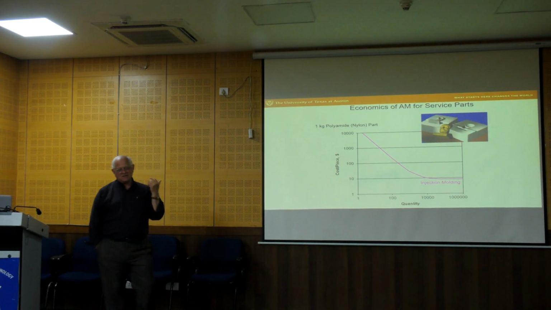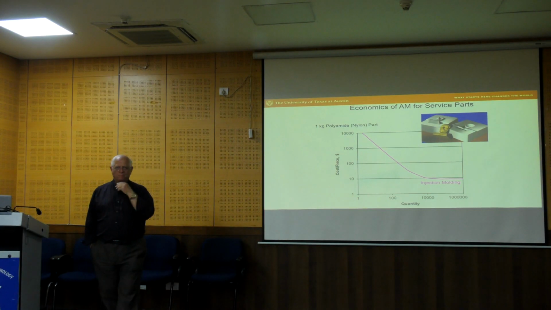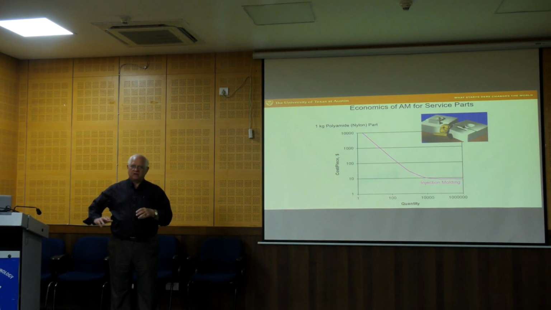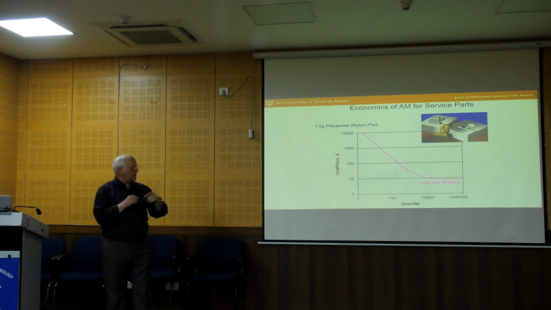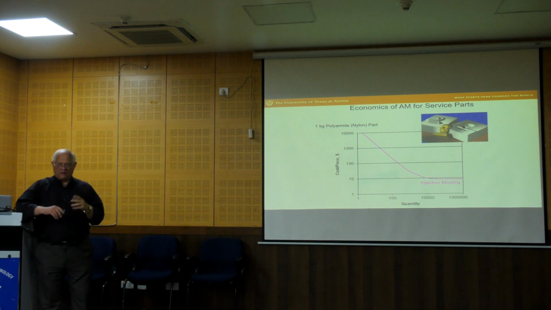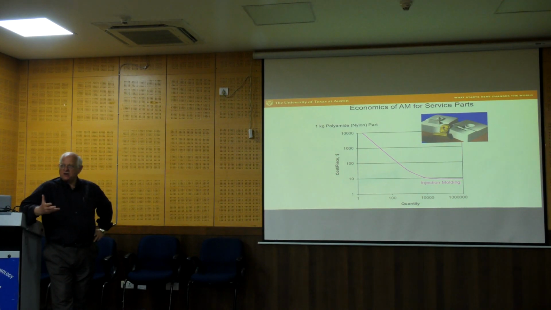So this is the standard argument for additive manufacturing. This is a fairly common perspective of the cost to manufacture a part. Suppose I want to make N identical parts by whatever manufacturing process. I use as an example here a 1 kilogram nylon part, you see the cartoon graphic there. And if we want to make that using injection molding, which is arguably the most common of the polymer traditional